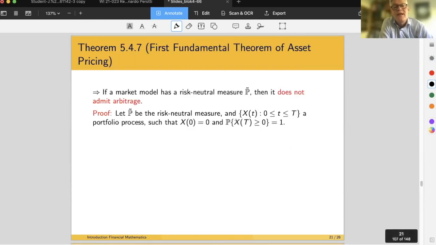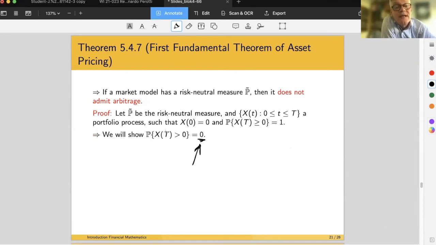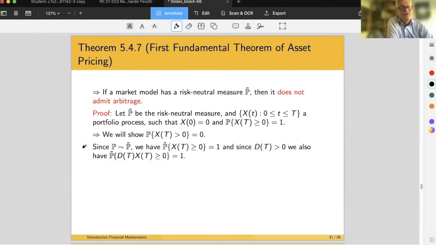But the fact that we have written here, then we will show that the probability that the portfolio process at final time is greater than 0, that probability is equal to 0, is the notion that we do not admit arbitrage. First of all, we have equivalent measures. P is equivalent to P tilde. And we have that the P tilde of x at final time T is greater or equal to